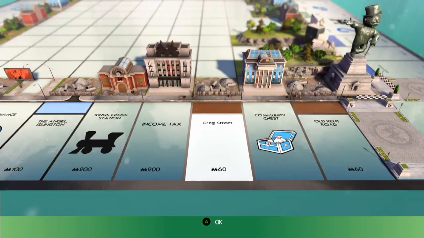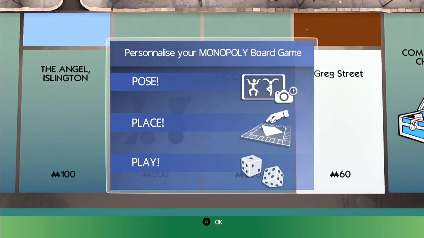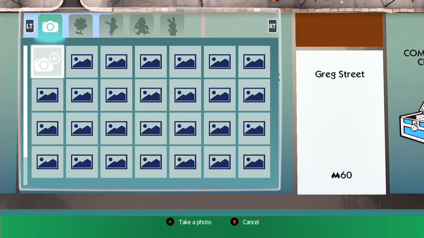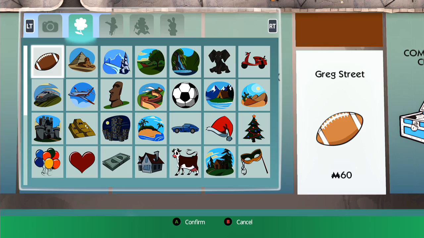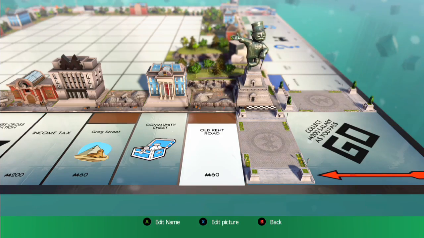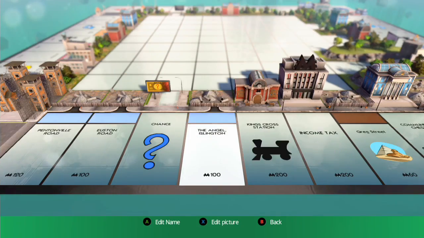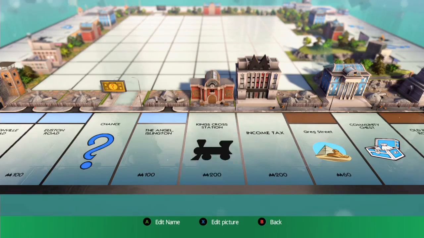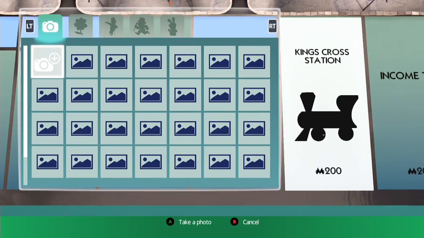Now, it's looking a little plain, right? So you can personalize by adding photos either to the board, to the spots, whatever. But I don't really want to use a photo of myself, so let's go over to one of the icon sets. Oh, there we go. Yeah, let's put a pyramid on there. And so you can do this to every spot on the board. Sorry, you can't do the corners. So you can't change the jail or that,